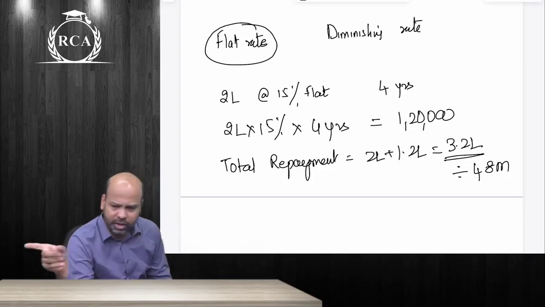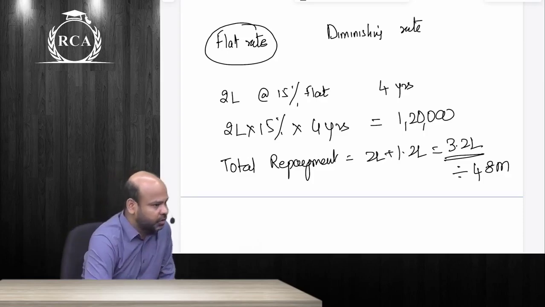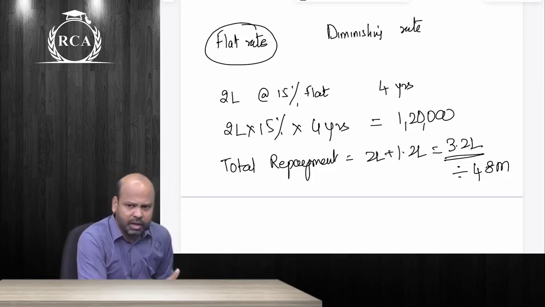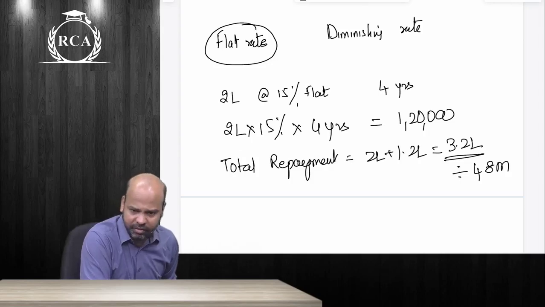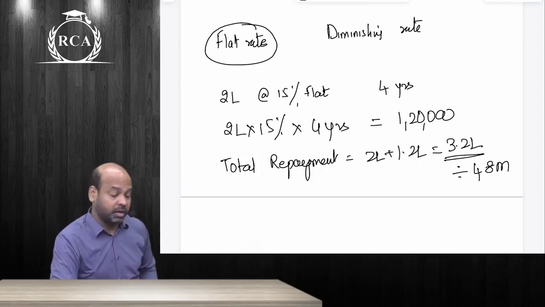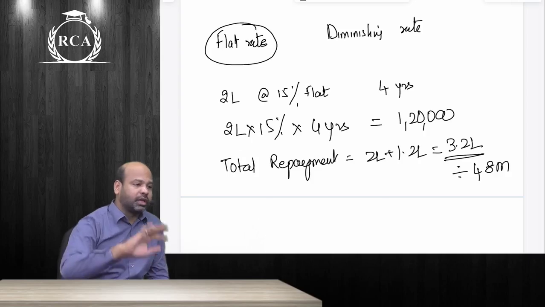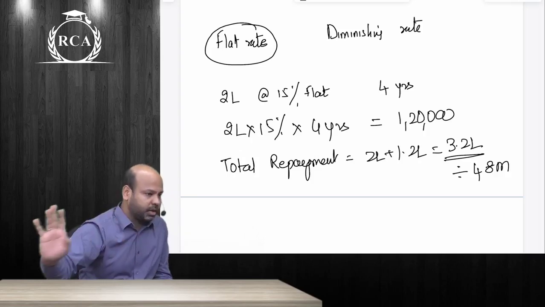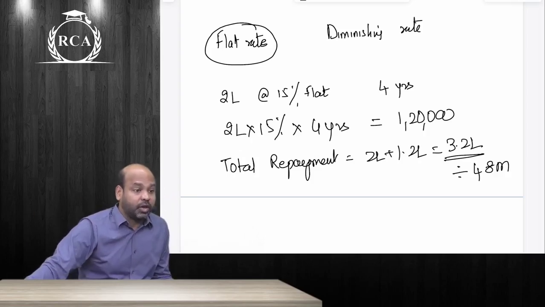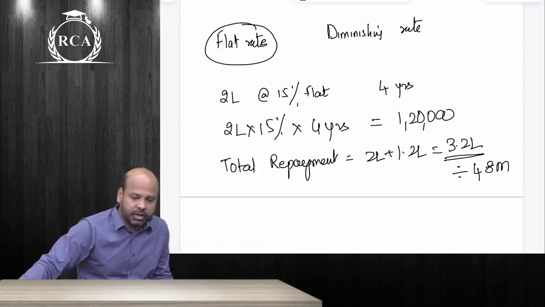Those autos who take loans from smaller NBFCs, they compute like this only. The other day I was computing the effective IRR. They make an IRR of about 32-33%. That is the effective return that they generate on loans given for funding autos. The person who buys the auto does not know that it is giving 32%. He only looks at the interest rate of 15%. He does not know what is flat rate, what is diminishing rate.